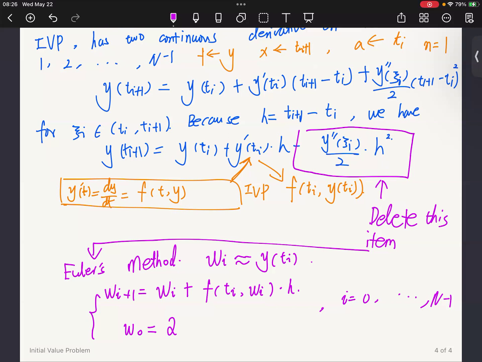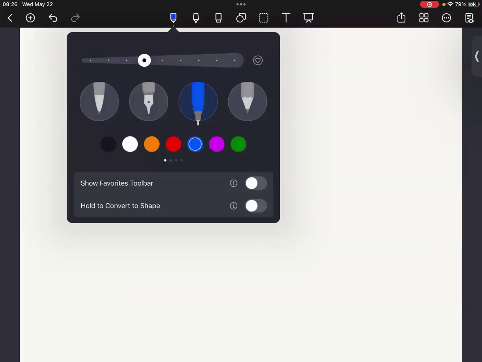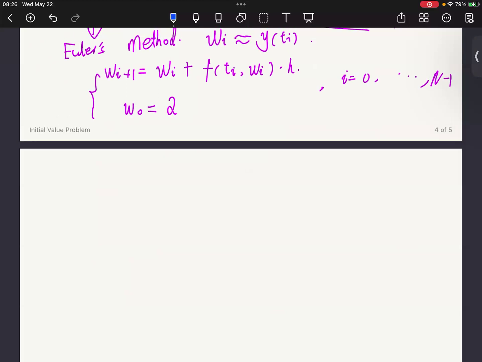And I'm going to show you one example. I'm going to keep this one here, and give you one example of how to approximate the whole thing with Euler's method. So here we have an initial value problem, y prime equals y minus t squared plus 1, on the time interval between 0 and 2, and the initial value is